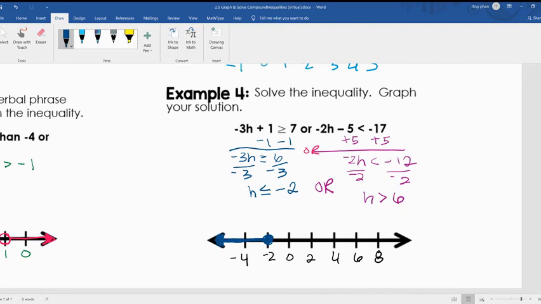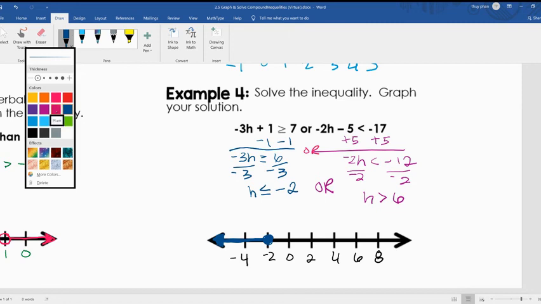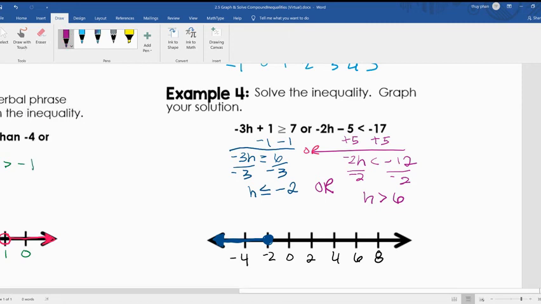So to infinity to the left of -2 is all your solutions, and to the right of that is going to be h is greater than 6, so open circle at 6, and it's going to go greater in this direction. This is your